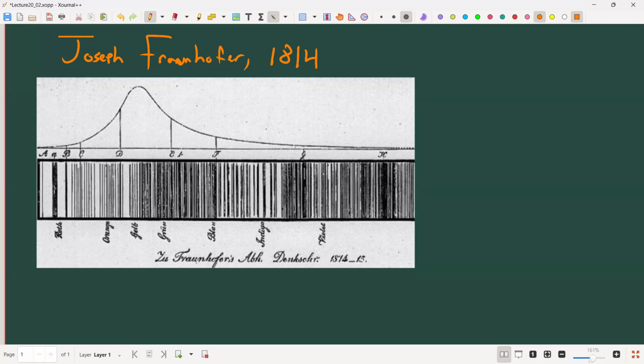But in the 1800s, we were barely at a point where we could appreciate that things can emit light. We were finally understanding light. And what Fraunhofer realized is that from certain sources of light that he was studying, there were gaps in the emission. So what I have here on the picture is a recreation from Fraunhofer's 1814 paper on the spectrum